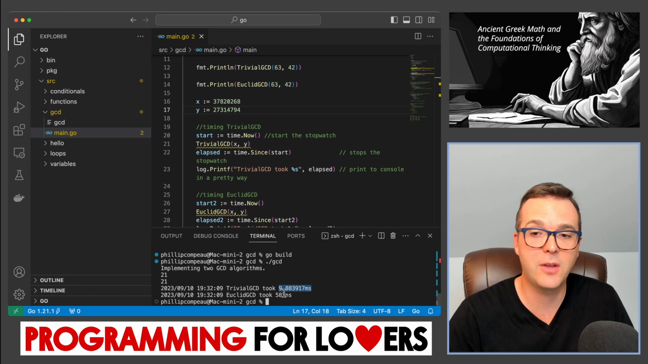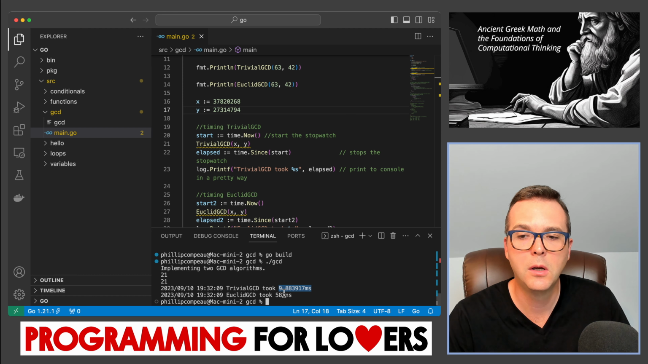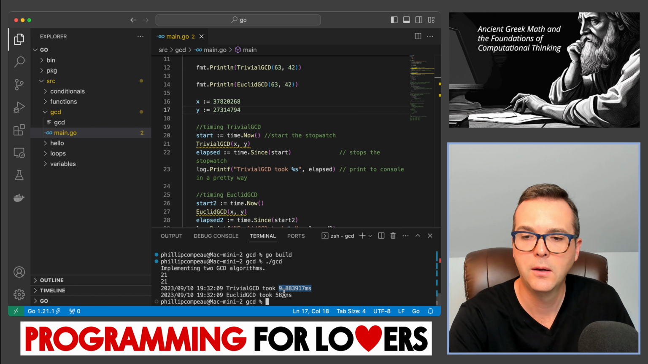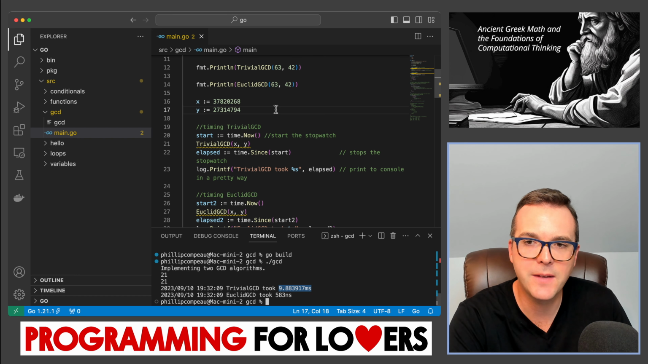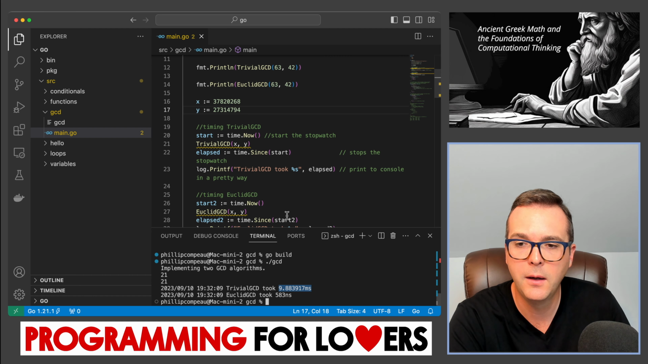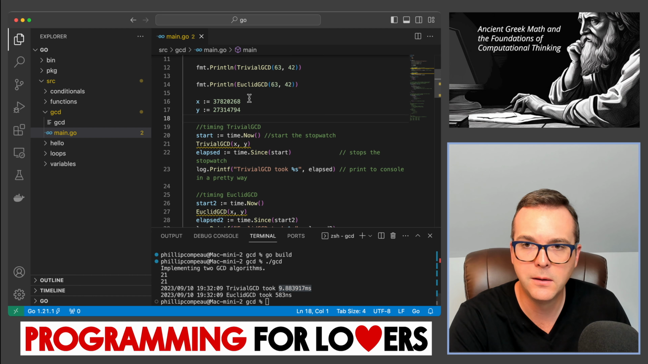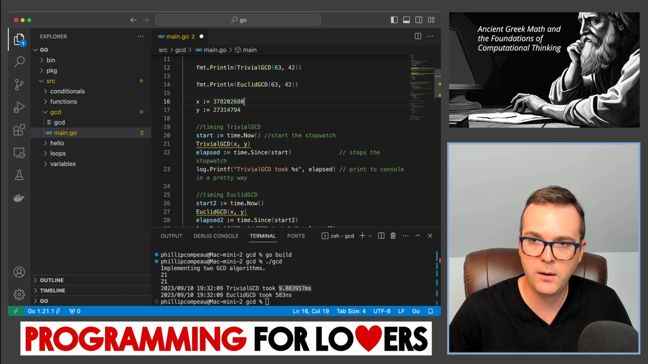So we had two numbers that were multiplied by approximately a factor of 10, with an extra digit. Trivial GCD took about 10 times slower. Euclid GCD, still about the same, lightning fast. Still in under a microsecond, under a millionth of a second. That's pretty fast. And then if you don't believe me still, let's add another of your favorite digits to the